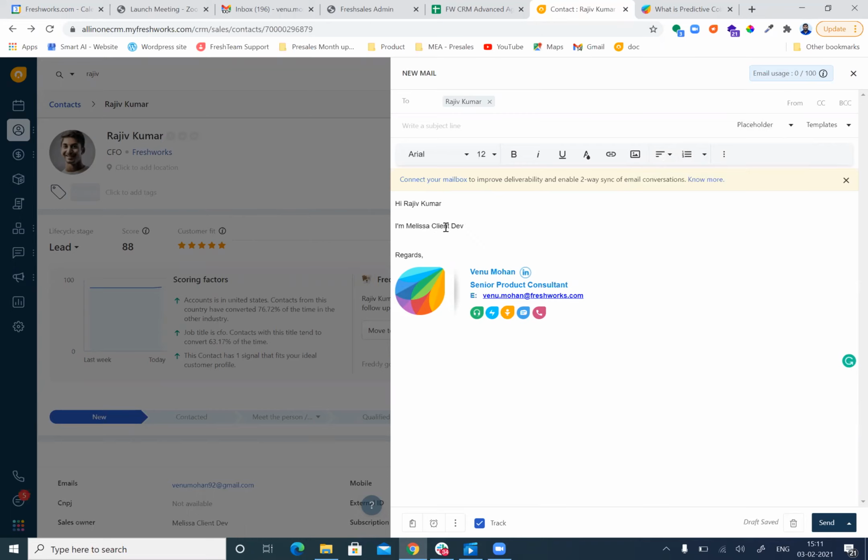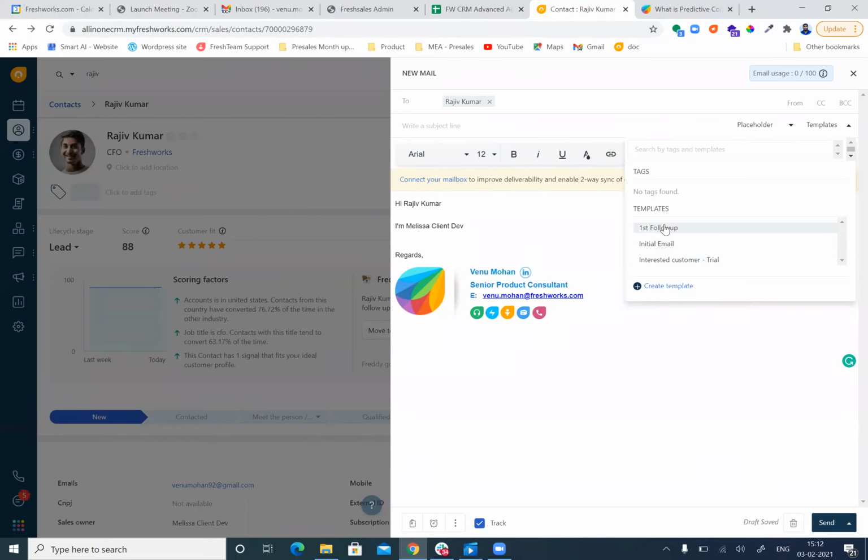Immediately the value will get updated from the customer profile itself. So you are able to write a personalized email easily with the help of this placeholder, or you can use the standard template which is framed by the organization.